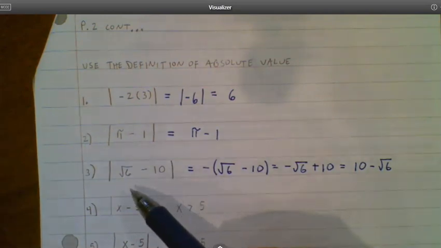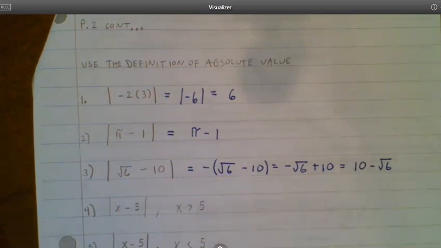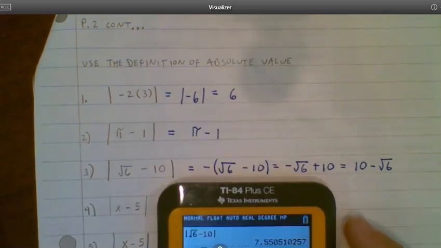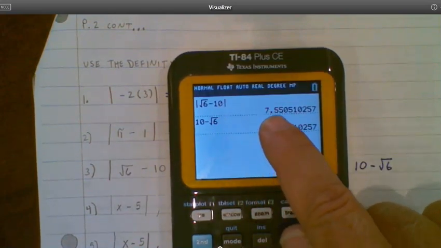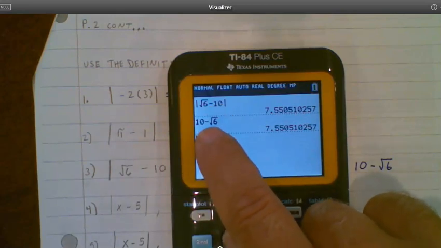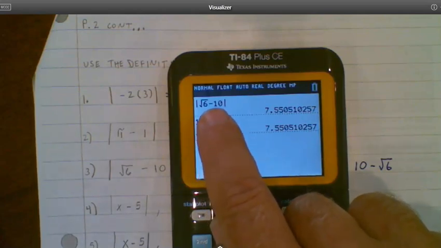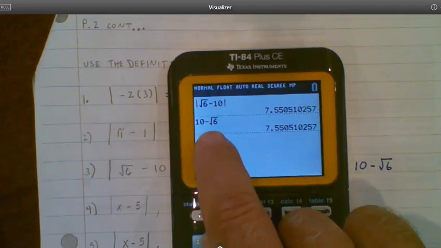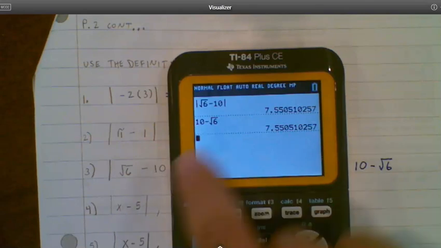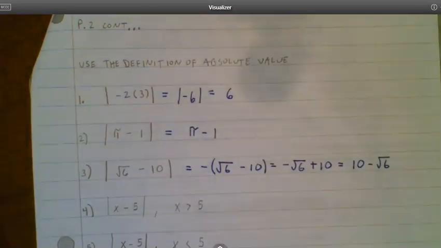And you would see if I were to type this into the calculator, it produces the same result, but this one doesn't need the absolute value brackets. I already set that one up here so you could see it. So as I type in the original with the absolute value brackets, that's what I get. When I flip the order and drop the brackets, I get the exact same answer, right? So when they say rewrite this without the absolute value brackets, because it yields a negative result, all I have to do is flip the order and drop the absolute value brackets, and I'm getting an equal expression to what we started with. So let me just throw a couple more at you, and we're going to call it quits